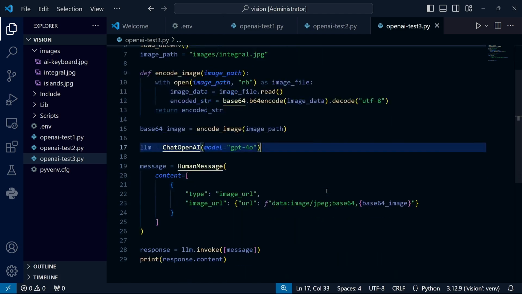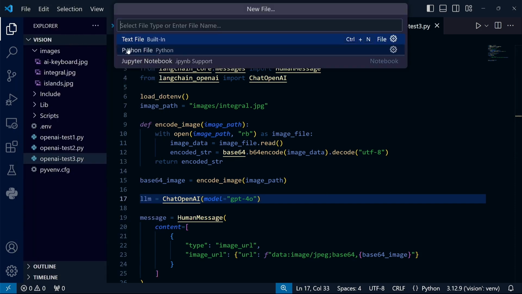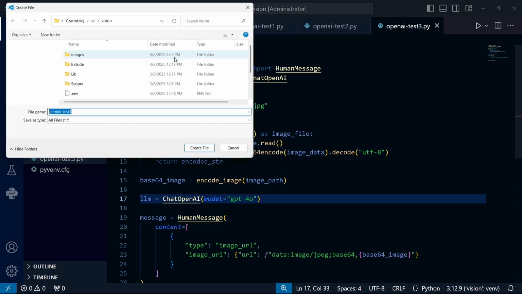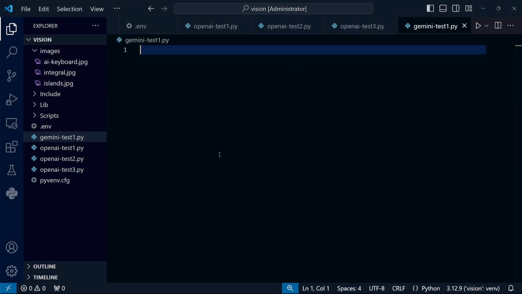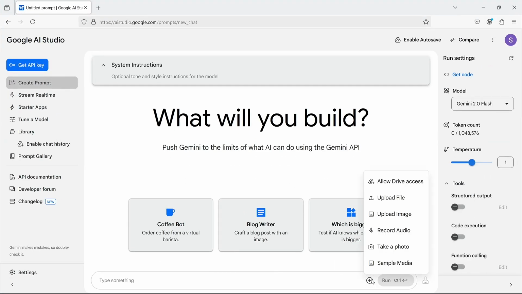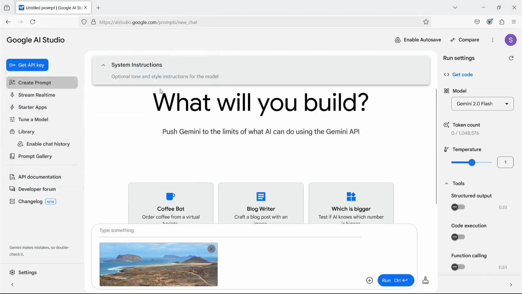If you're writing short, lightweight code, go without any libraries. But if you're planning something bigger that might need modifications or connections to another language model later, I'd suggest going with LangChain. Let's close this chapter and focus on the language model from Google, specifically Gemini. I created a new file, but I would like to obtain the program code from Google AI Studio. Using the Playground interface, I will prepare a query containing an image, but I will not execute it. The point is to get a sample code for my case, which I can then modify.